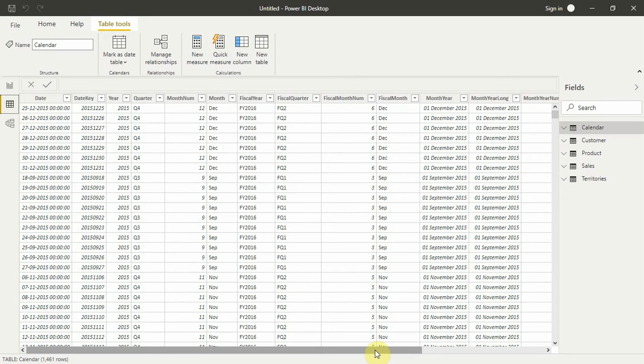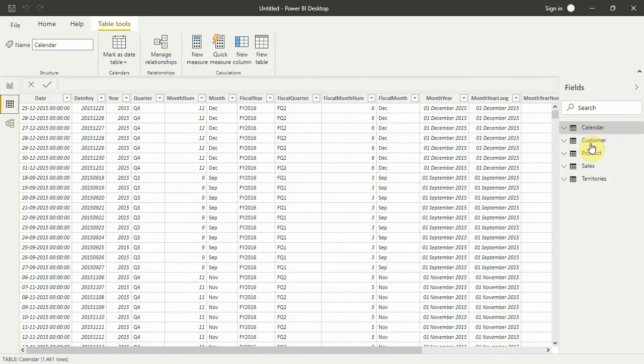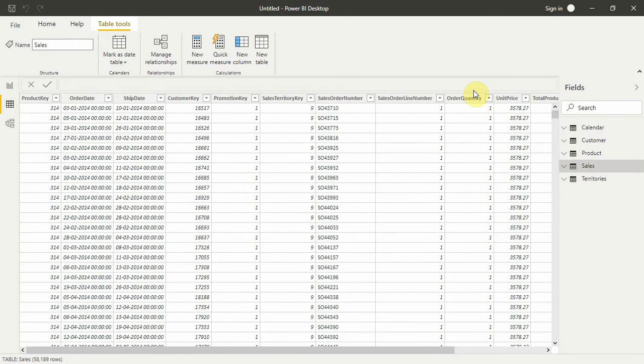As you can see, this is in the form of a table, and there are different types of tables. I'll show you. It's working a bit slow right now. So this is a sales table. Now you're pretty familiar with the two tabs. First one is the report tab and this is the data tab. So you now know that the data tab contains all our tables. So what is this third tab? This is the model tab. I'll give you just a quick overview of the model tab and then we'll move on.